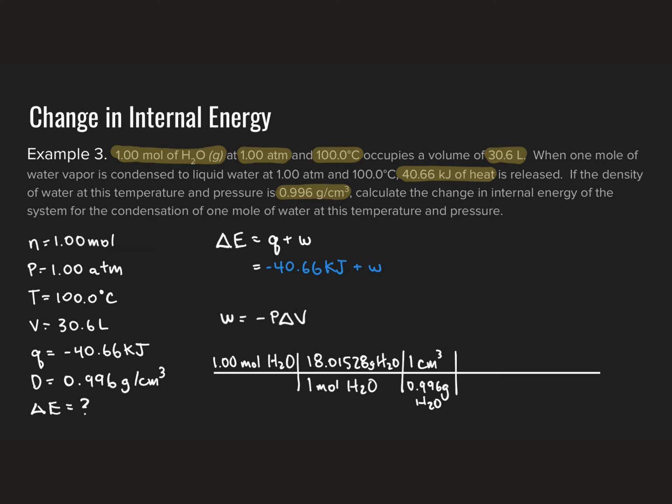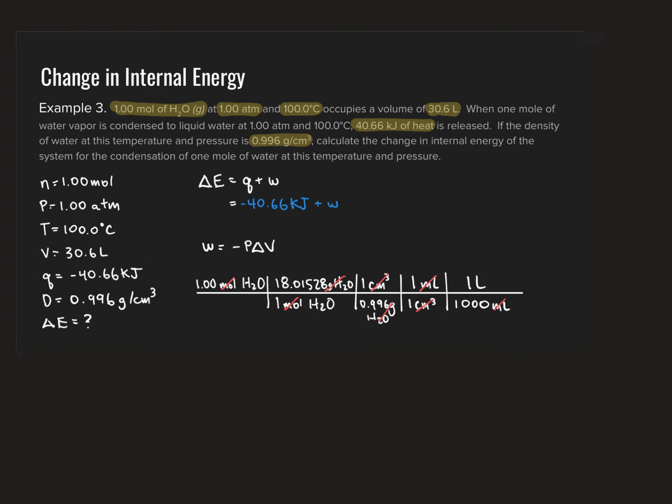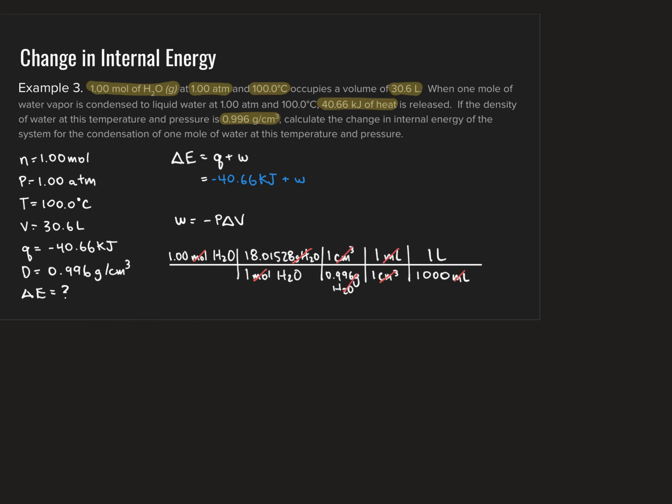Now a cubic centimeter, as far as units go, is an equivalent unit to a milliliter. And I'm going to do that so that I can compare like units here. So I'm going to convert 1 cubic centimeter is equal to a milliliter. And then my final conversion here is going to be from milliliters into liters. On the bottom there are 1,000 milliliters in 1 liter. And watching my units there, moles cancel with moles, grams cancels with grams of water, and then we end up with centimeters cubed canceling with centimeters cubed, milliliters cancels as well, and we end up with units of liters here at the end. And as I'm using my calculator here and solving here, I get a volume of that 1 mole of liquid phase water of